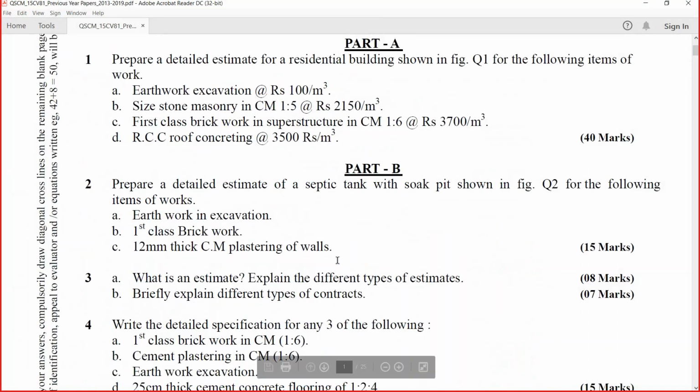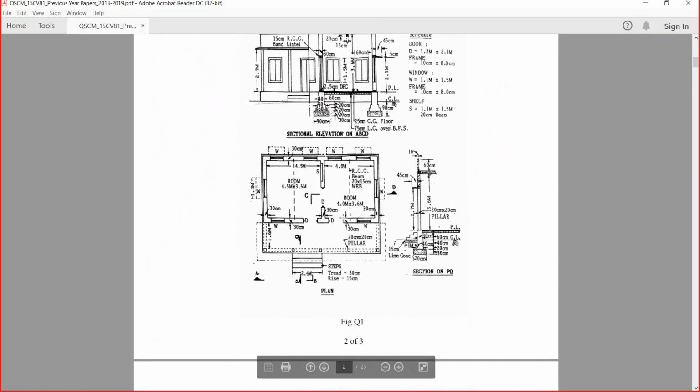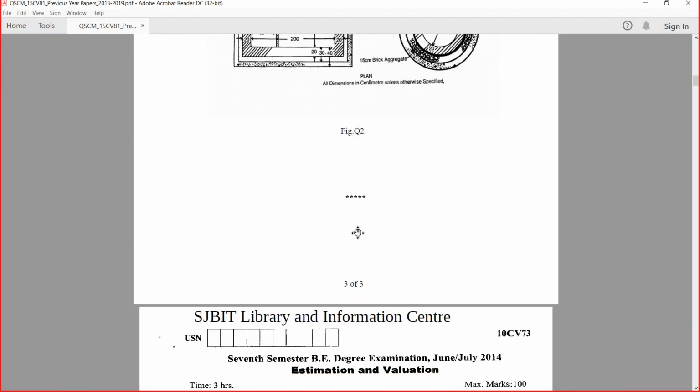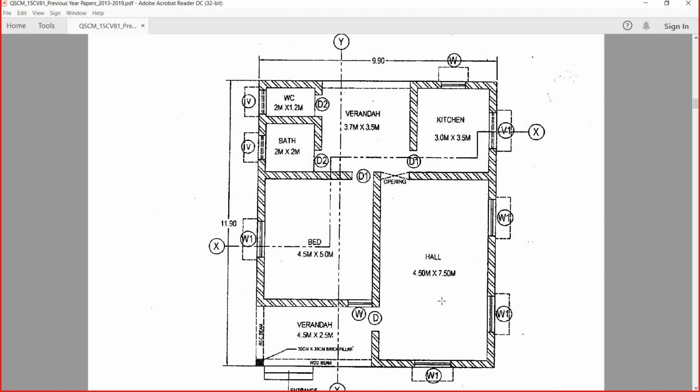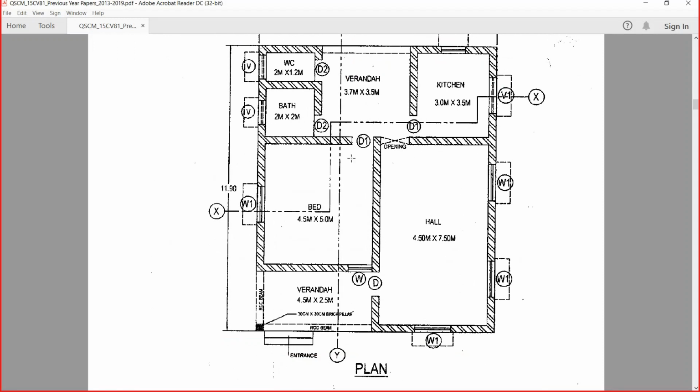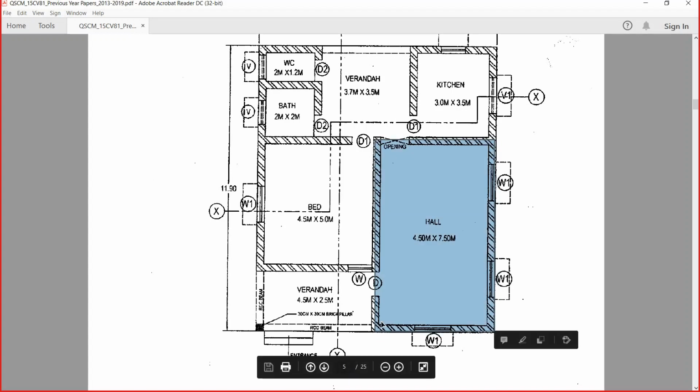As I was saying, if you want to look at this plan, let's consider another plan where we have some complications, at least. Yes, here. If I want to calculate the quantity for excavation for this plan by the long wall short wall method, I need to consider this hall separately, this bedroom separately, this veranda separately, this bath separately, this veranda, kitchen and water closet, everything separately. This is a rectangle. I hope you can see this as a rectangle. Here this is the longer wall, so this becomes the long wall. Then this is the shorter wall, this becomes the short wall, right? I need to do it separately.